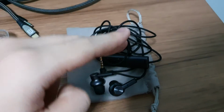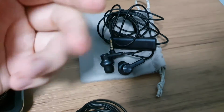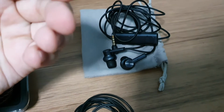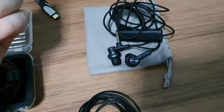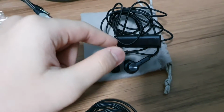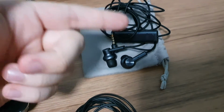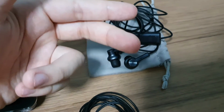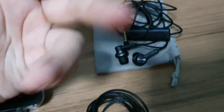Let me tell you why. The sound is really good on these. I don't know how to describe it. It's really balanced, really well mixed. And the ANC in these is surprisingly good at the price point. I think I bought these for about $30, $15, and it's really, really good. So you get good sound quality, I wouldn't say very good ANC, but good ANC with good sound quality,